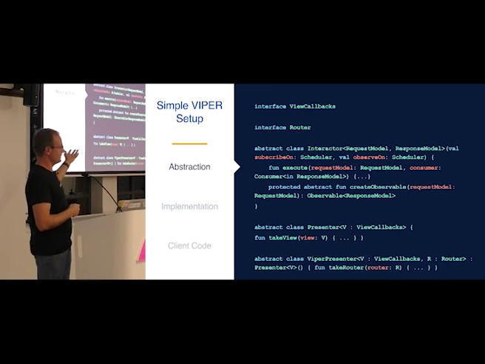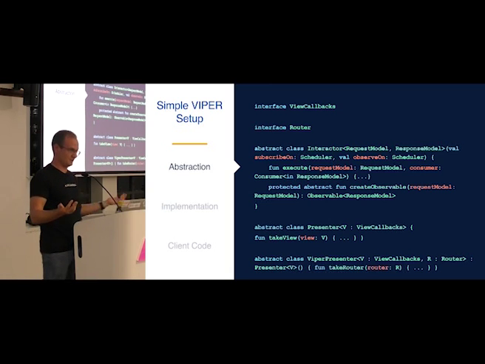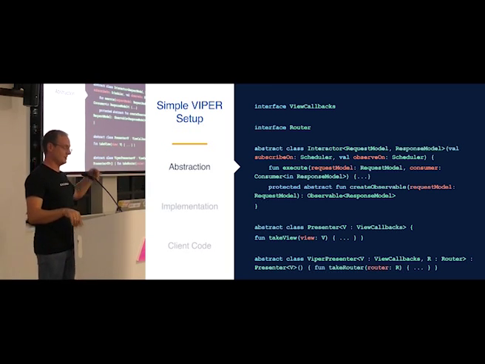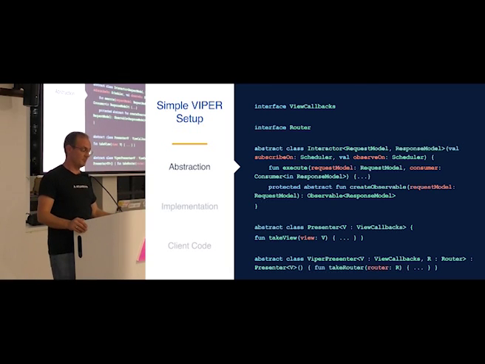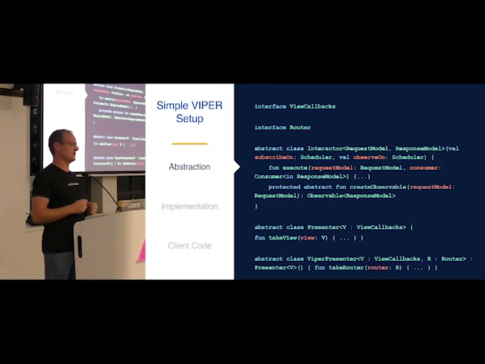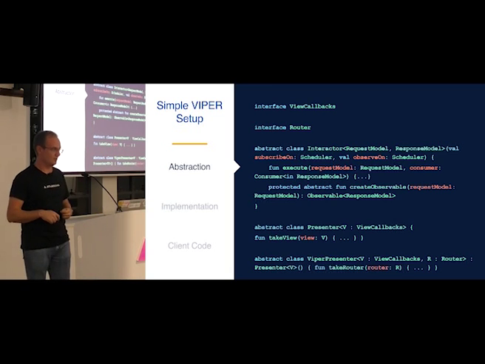For the sake of simplicity, I've just pretended to use RxJava, but it can be any other framework if you'd like. So it has a protected abstract method that can be implemented by the classes that extend the interactor: create observable, which accepts the request model, and just a simple method, execute, that gets a callback of consumer or